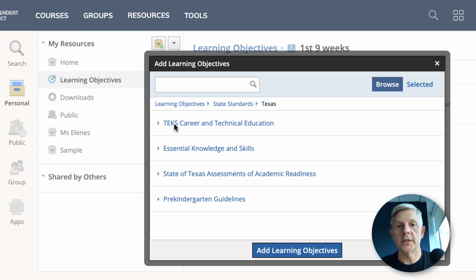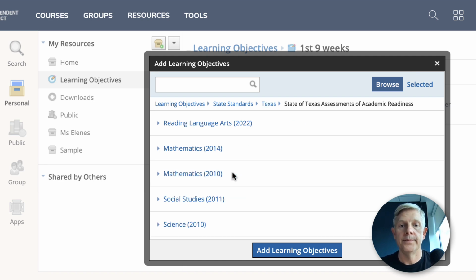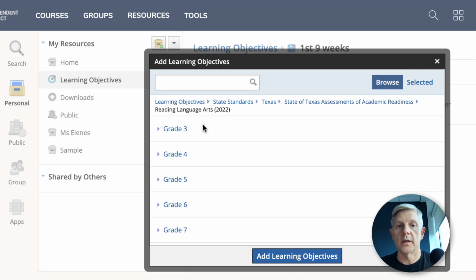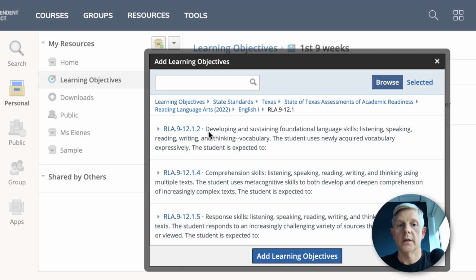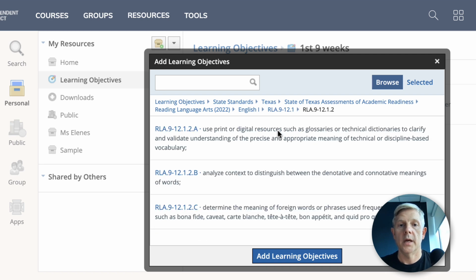Depending on what you teach and what level you are, you will have to decide which one of these you'll want to click through. So for CTE teachers, it's this first option. For STAR level, grade level areas, it would be this one. Here's your pre-K, and then everything else is going to be under Essential Knowledge and Skills. I'm going to go into RLA, the new standards, and then English 1, go into reading, and then select this